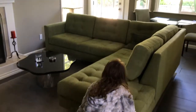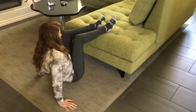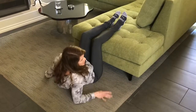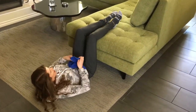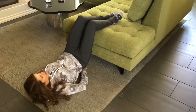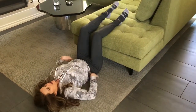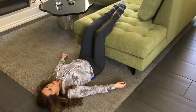And so what you're going to do is prop yourself up like this, so your knees are bent. And I'm short, so you'll probably be higher up. And you take the soft pack, and this one's kind of a weird shape. So I'm just going to fold it like this, and I'm going to put it on my lower back. And it feels just absolutely amazing. And you can also do